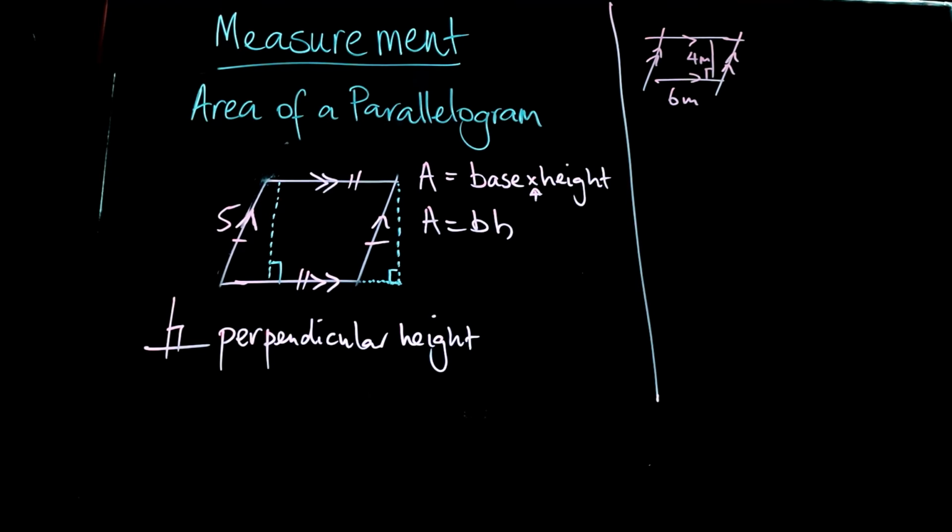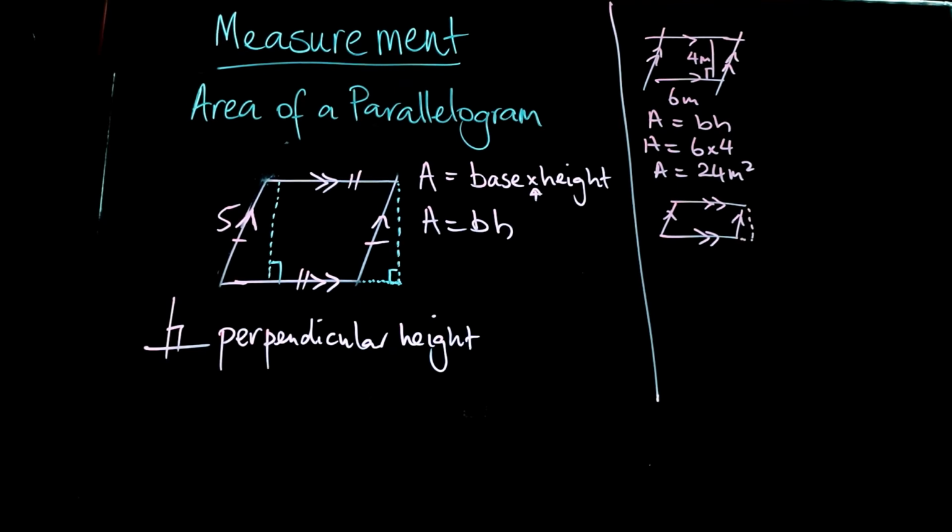So applying the formula, I get area equals base times height, and I've got 6 times 4 here. So my area is equal to 24 meters squared. And they're the kinds of calculations that will get you to do. So we might have another one here where I guess what I'm going to set up this time is just showing you when the